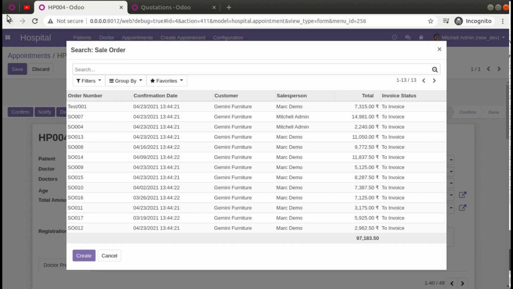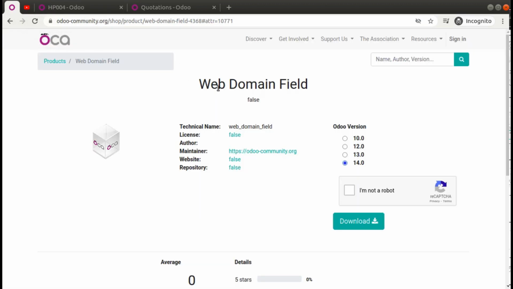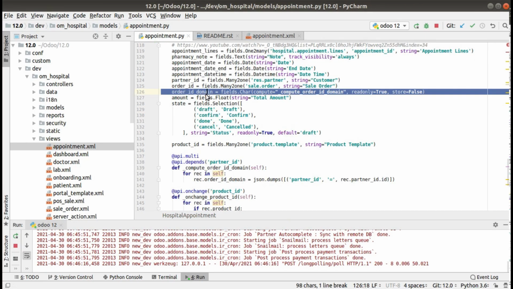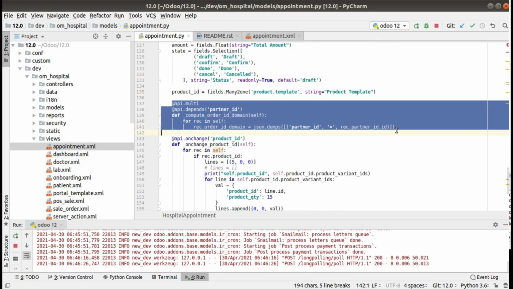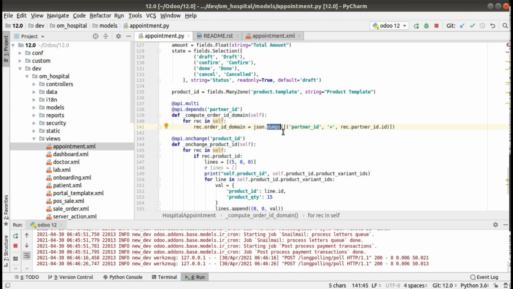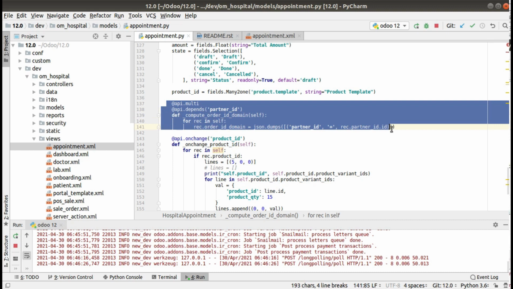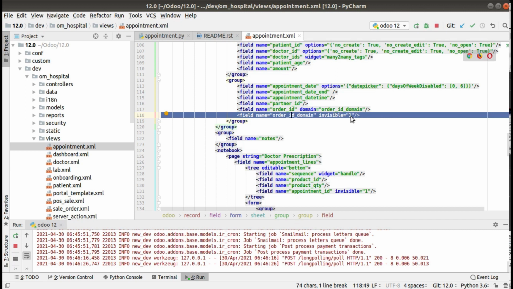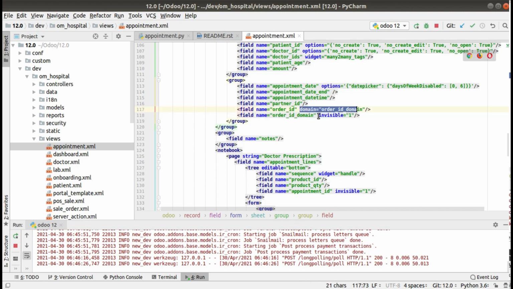So simply what you have to do is go to the Odoo OCA shop, download this module, add it to your add-ons path, install the module, add it as a dependent module of your module, and simply define a character field which is a computed field and non-stored, and from the computed field you can return the domain as you need. So from the Python, you can modify the domain as per the need. You can apply more complex domains and return as per your need. And then you have to add the field to your view as an invisible one and set that field as the domain for the field.